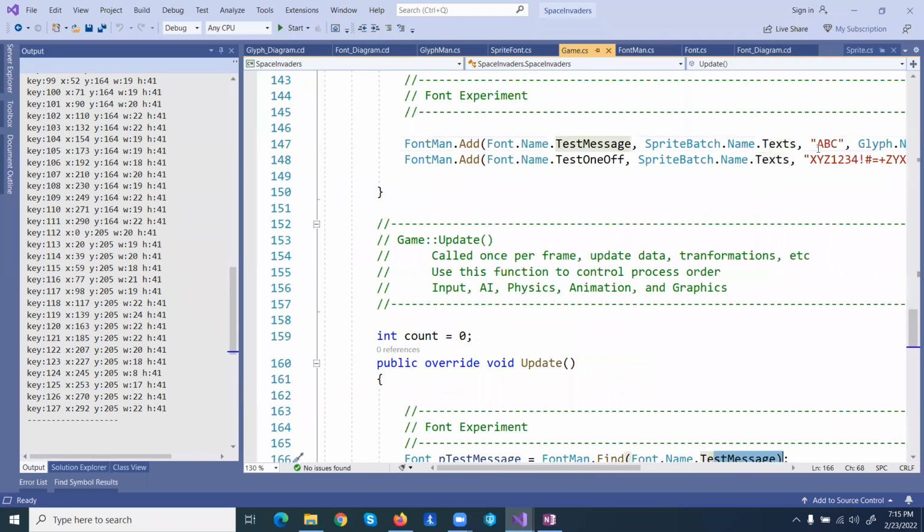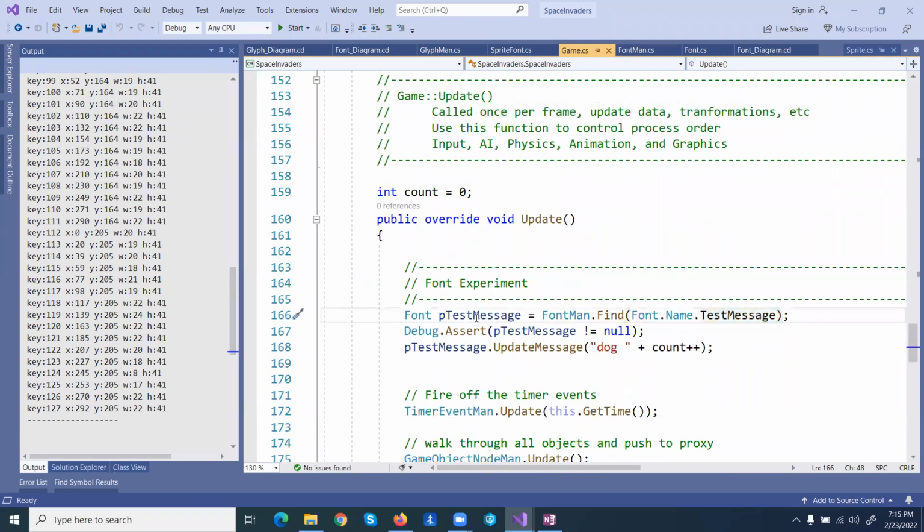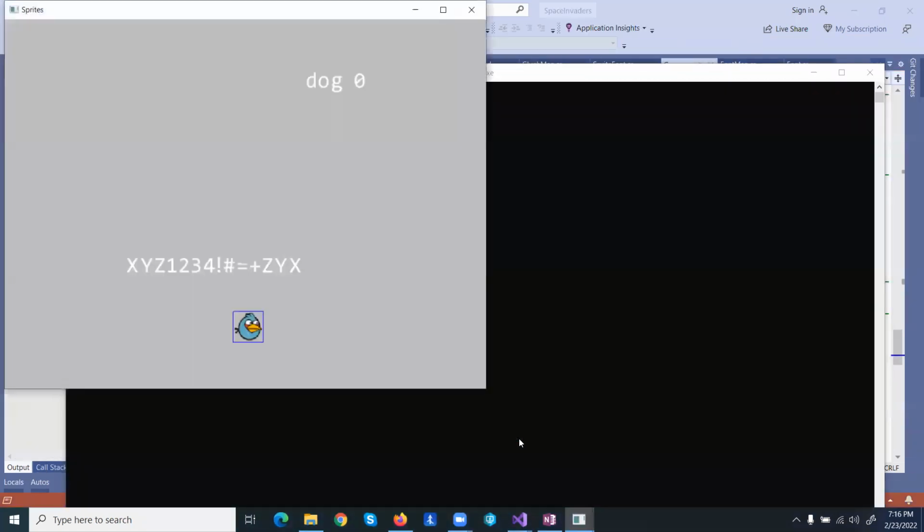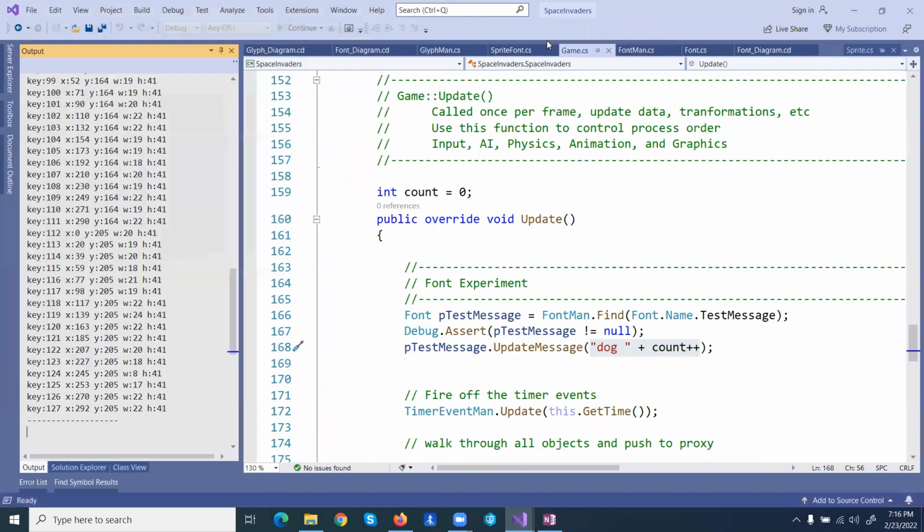So down here, I'm like going, hey, go find that test message. ABC was the test message. I go grab it, cool. Now replace it and update the message with some other string. So now I can replace that string. So essentially what I have is